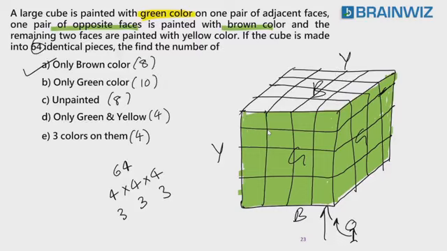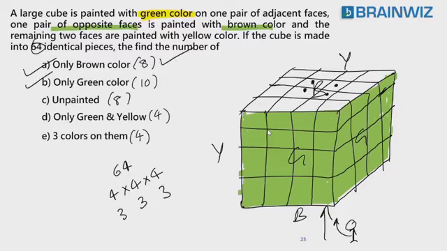Not this one. You can't take this brown. It has a touch of green, everybody. You can't take this piece. Can I take this brown? No, sir. It has a touch of yellow. So this brown, yes, sir. This brown, yes, sir. How many on the top? 4 on the top. How many on the bottom? 4 on the bottom. 4 plus 4, 8.